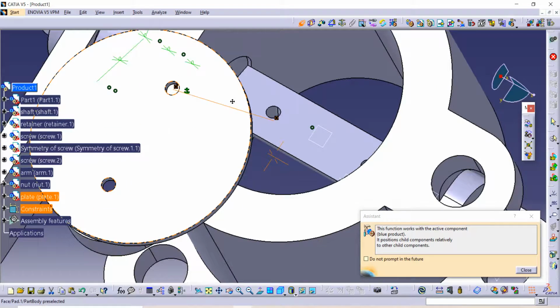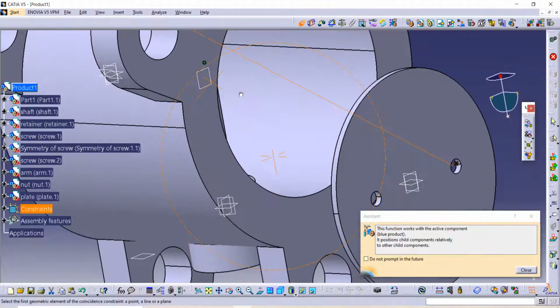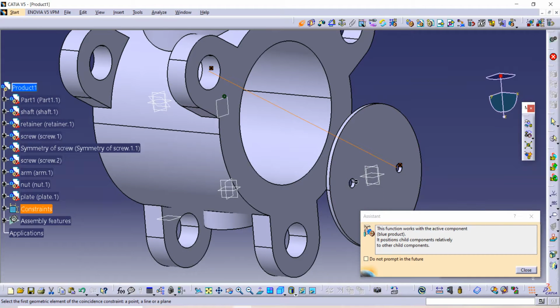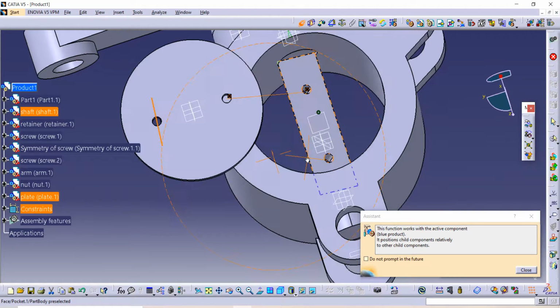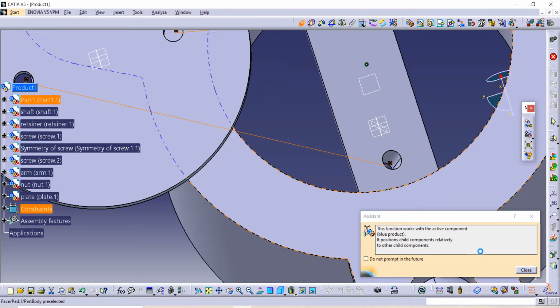Similarly again axis of the second hole. It will take some time but you have to do it with axis of this hole